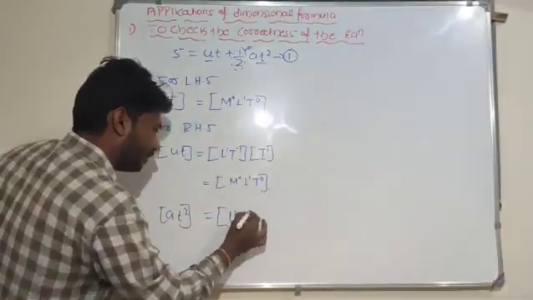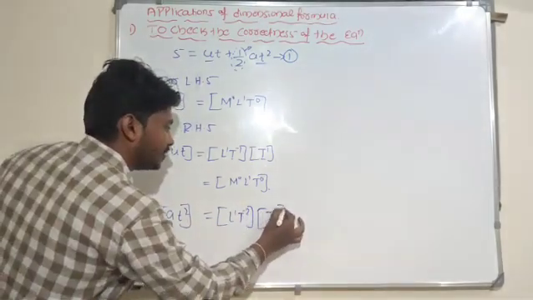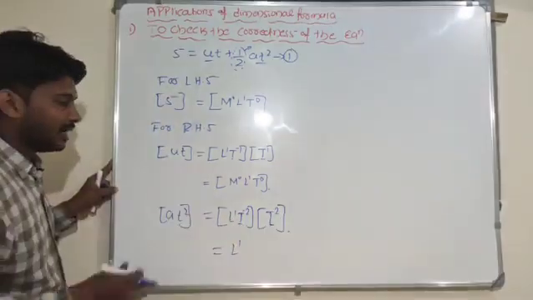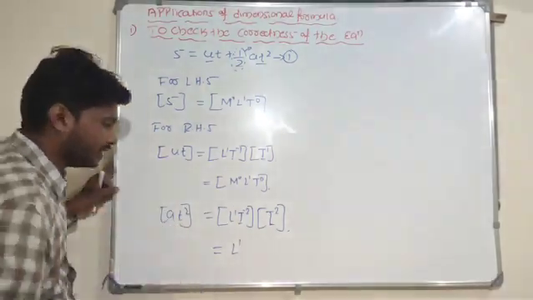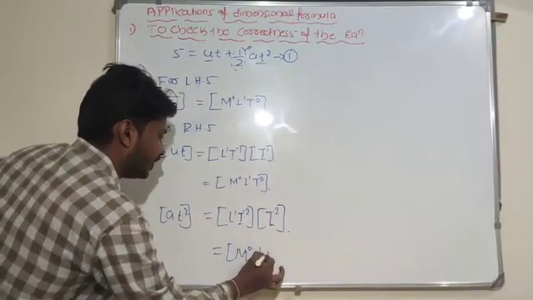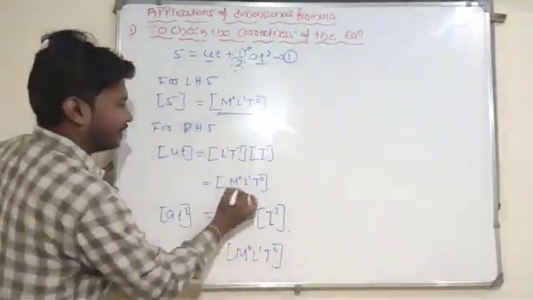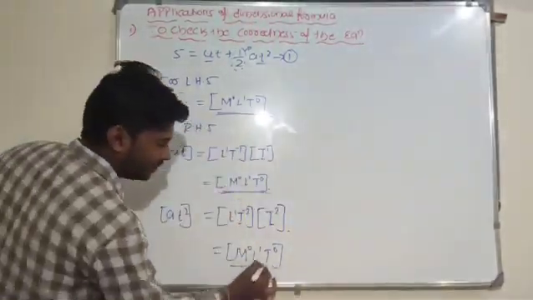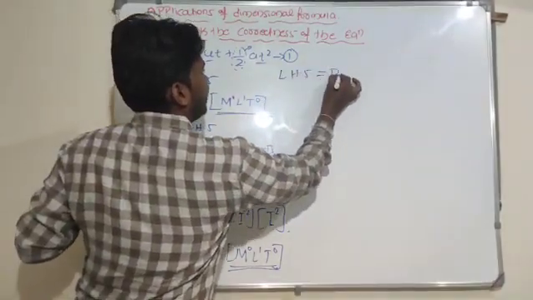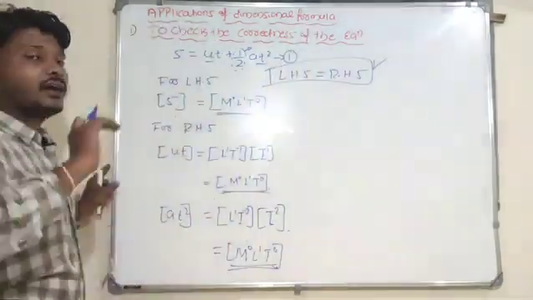What is the dimensional formula for acceleration? L1 t to the power of minus 2. T square is there, t to the power of 2 here. Look here, bases are the same, so powers are added: t to the power of minus 2 into t to the power of plus 2, so that cancels out. There is no mass term here, so M to the power of 0, L1, t to the power of 0. Left side is M0 L1 T0, and the right side is M0 L1 T0. So in this case also the left hand side is equal to the right hand side. This equation is dimensionally correct, we can say.